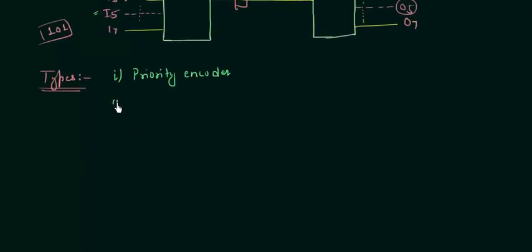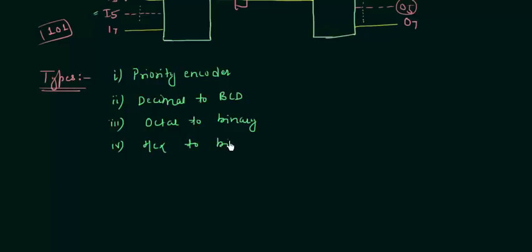The second type of encoder is your decimal to BCD encoder. The third type is your octal to binary encoder, and the fourth and last encoder that we have to see is your hexadecimal to binary encoder. So this is all for this presentation, a small introduction about the encoders. From the next presentation we will discuss the encoders and decoders in brief. So see you in the next